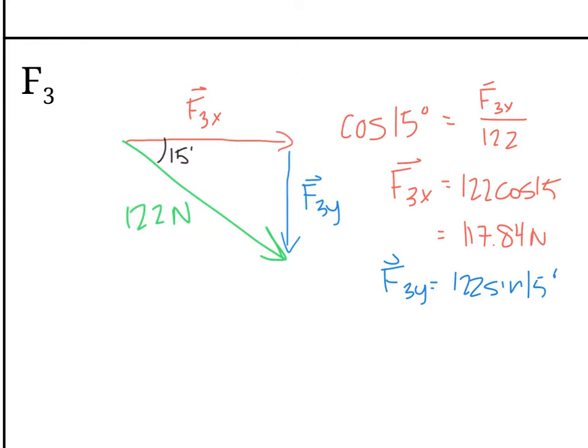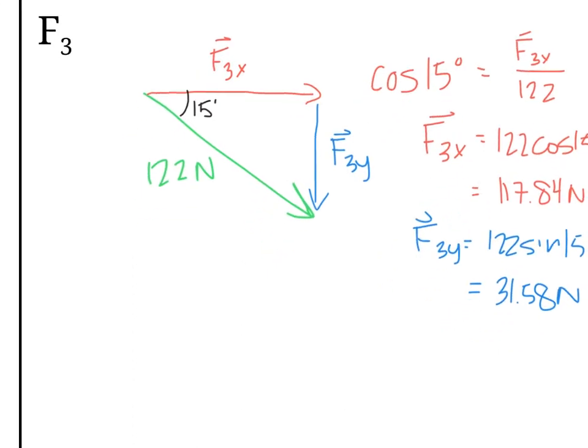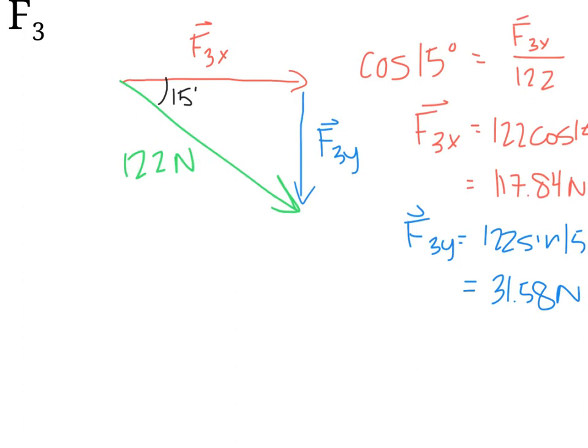And I can just change that previous answer on my calculator to give me 31.58 newtons. So those are our 2 components. If we express this final answer in the same form as the previous ones, we would say that F3 is equal to